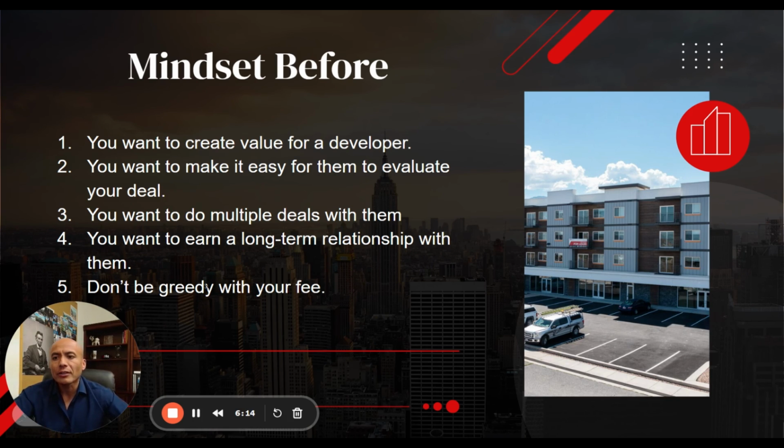Understand this is commercial real estate. You're going to make six figures. I mean, that's just a given if it's a good deal. But sometimes you'll find a deal where you could make a lot more, so just be careful not to get too greedy. You want to make sure you leave enough meat on the bone so that it's still an exciting deal for them, a tantalizing deal, something they can get excited about. You're bringing it to them and they're like, wow, I'm going to make this happen one way or another. It's such a good deal that even if they have to partner up with somebody, they'll do it, because it's that good of a deal. So just keep that in mind.